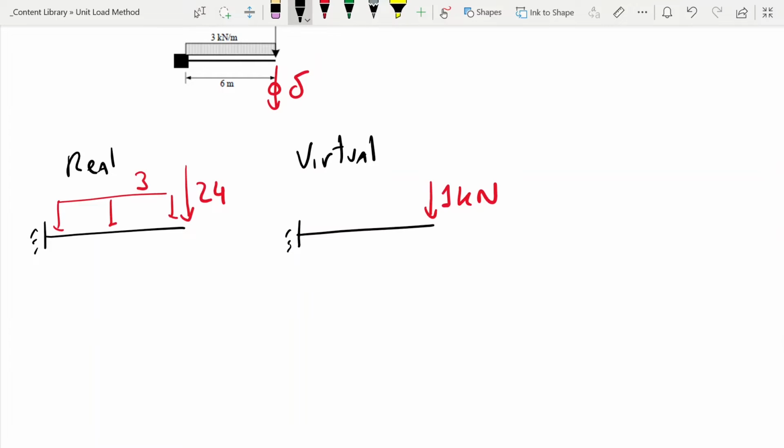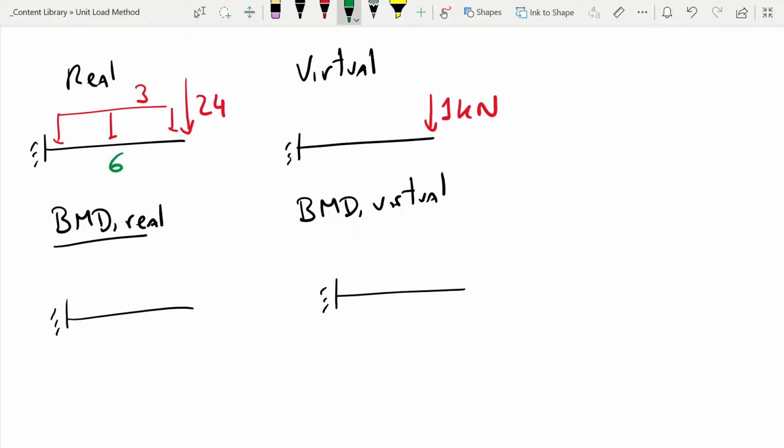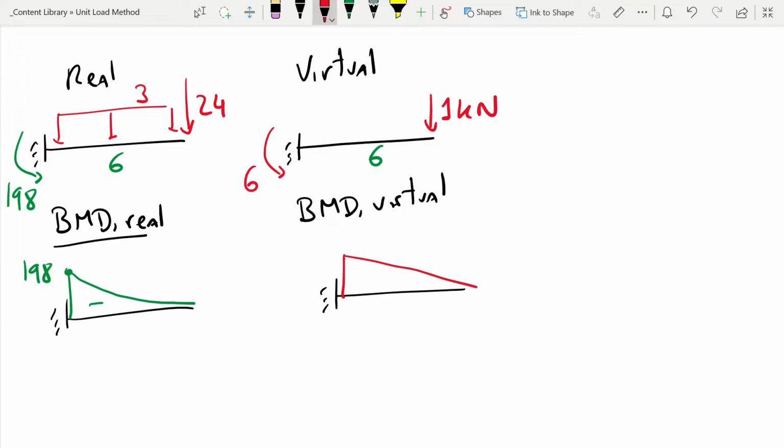So now we can calculate the bending moment diagram, and considering that both of these have 6 meters, the moment we see here on the left is going to be 24 times 6 plus 3 times 6 times 3, and that is equal to 198. So we know that this bending moment is nothing more than a parabola like this with 198 tension on the top. Regarding the other bending moment diagram, it is going to be nothing more than a triangle. So here we have reaction of 6, so this value here is going to be 6,